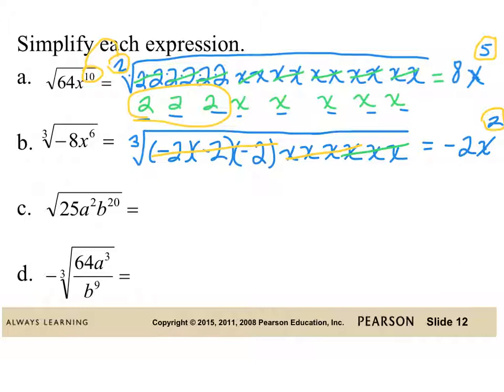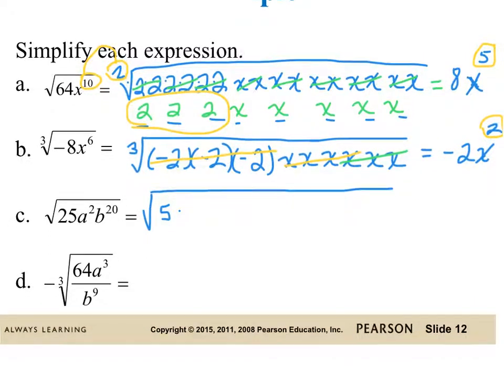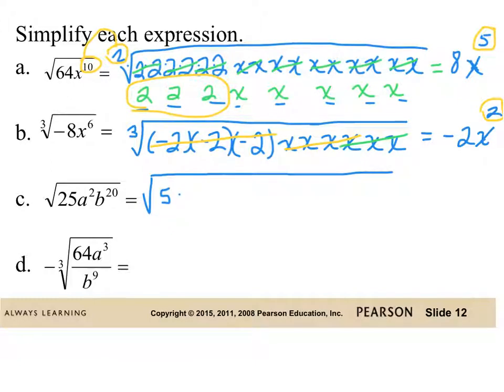So then on this next one we actually have 2 variables, and it is a square root. 25 is 5 times 5, and then a squared is a times a, and then b to the 20th,